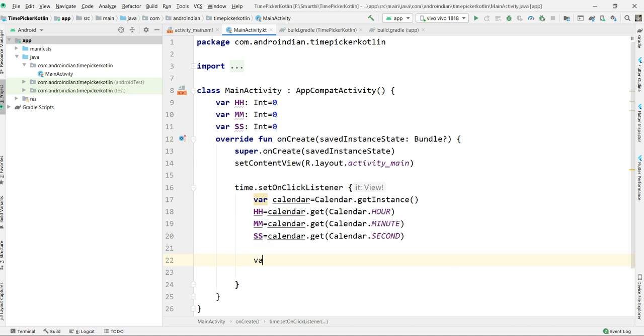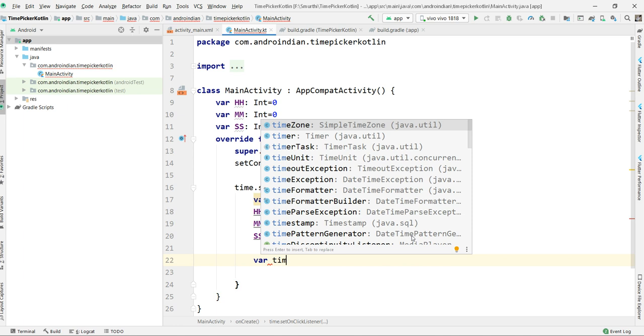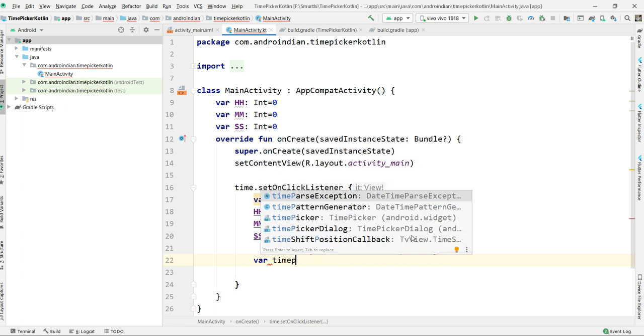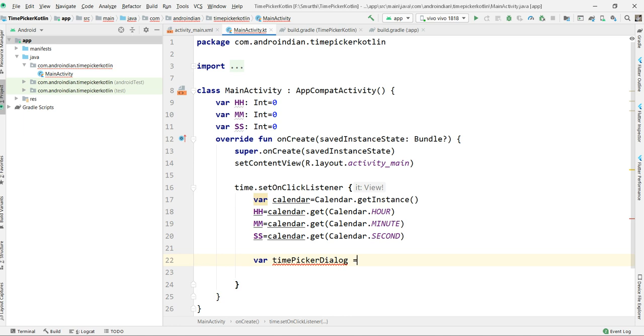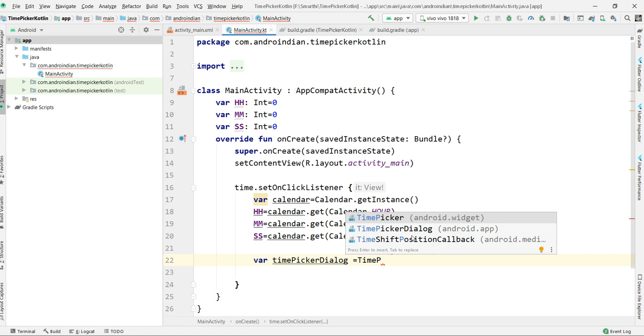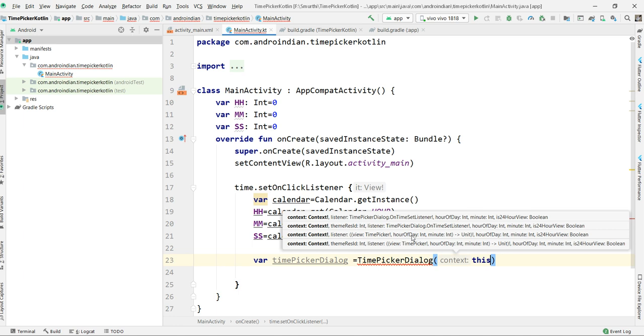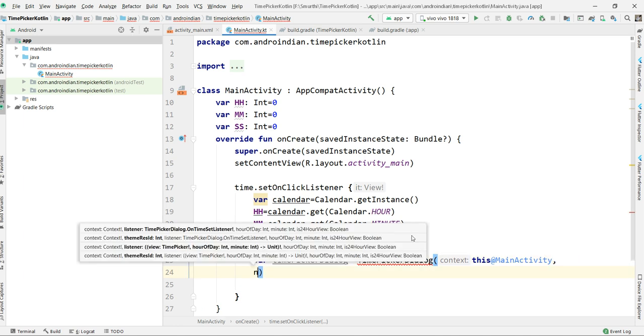So var time picker dialog equal to TimePickerDialog of context. Here we need to write context in Kotlin like this. We are writing the context. Then from here, new.